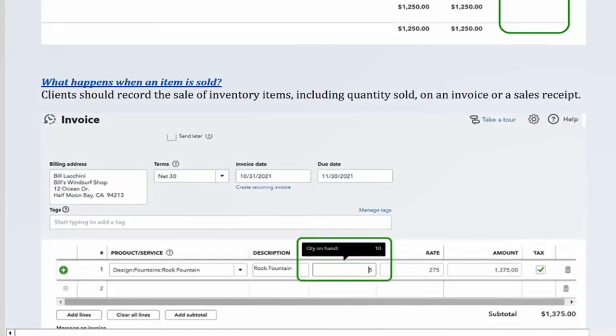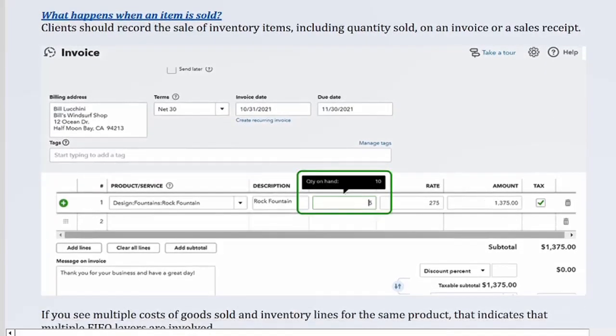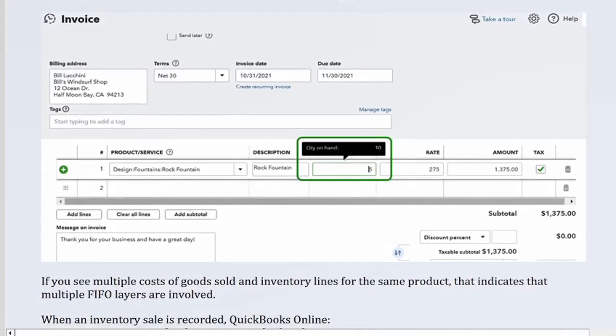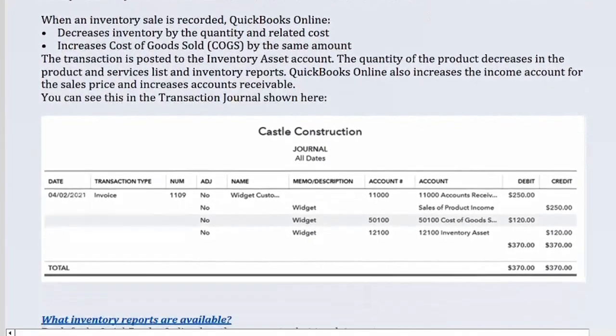What happens when an item is sold? Clients should record the sale of inventory items, including quantity sold, on an invoice or a sales receipt. If you see multiple costs of goods sold and inventory lines for the same product, that indicates that multiple FIFO layers are involved. When an inventory sale is recorded, QuickBooks Online